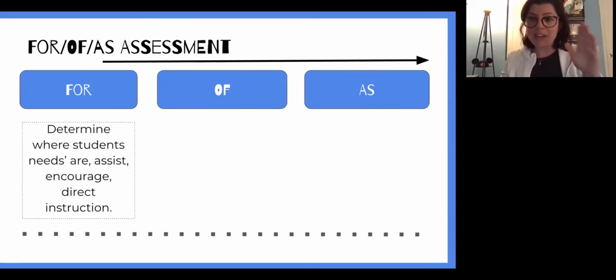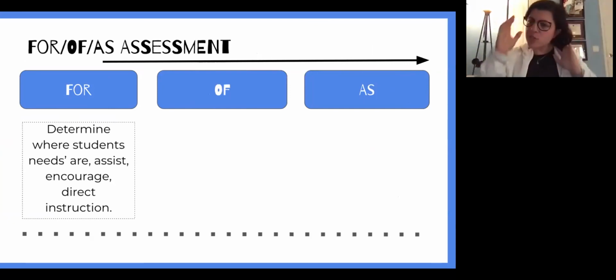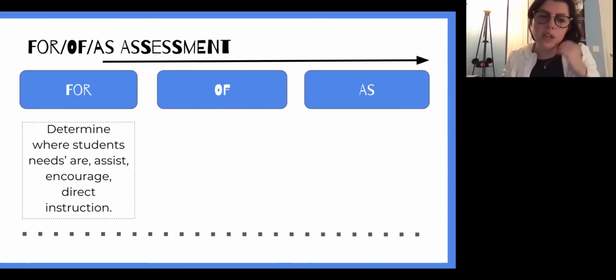You don't want to give kids all the answers all the time, but it's really important for them to have time to grow on their own and figure things out sometimes. Obviously you have to scaffold that depending on who your learners are and where they are in their journey. So when we look at assessment for learning, we determine where students' needs are, we assist and encourage,